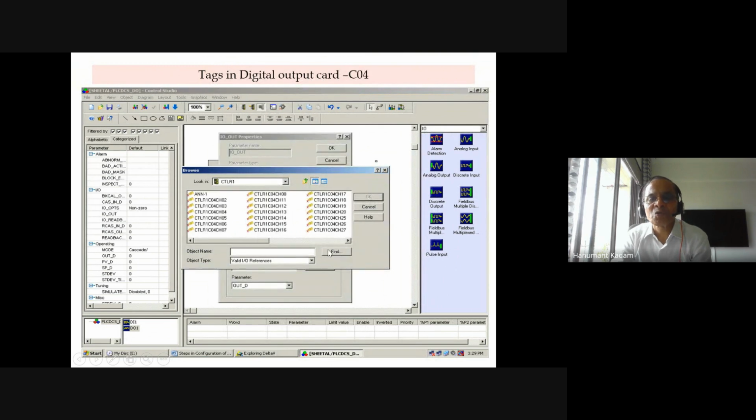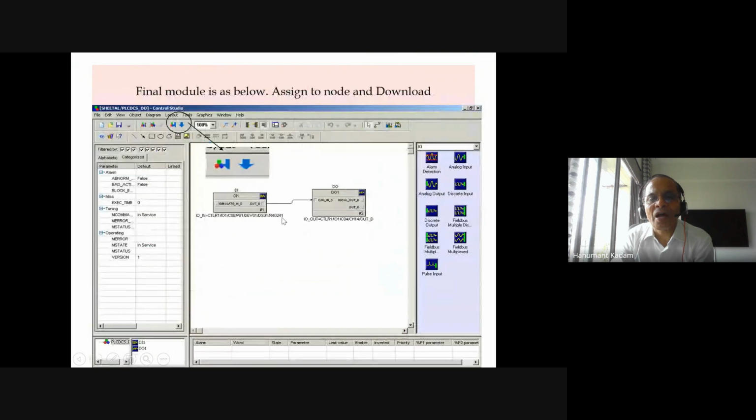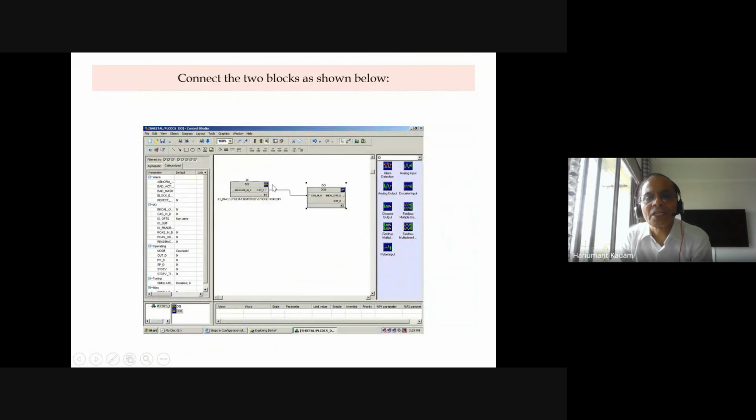Now next step you assign it to digital output card, card 4, digital output like this. Then you just go ahead. So you have wired this like this. You want output of this card digital input going to the input of digital output. So this is a switch input actually, and this is, for example, a lamp indicator. So you wire it, just put your pointer and bring it,